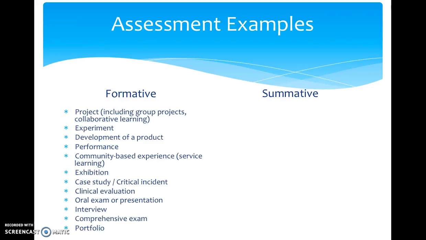Formative assessments can include things like a project, again, which can take a lot of different forms. These can include group projects or collaborative learning. An experiment can be a form of formative assessment. The development of a product, some kind of performance, again, where there's some kind of practice and feedback so that the performance is improving. There's community-based experiences like service learning, an exhibition, a case study or a critical incident, clinical